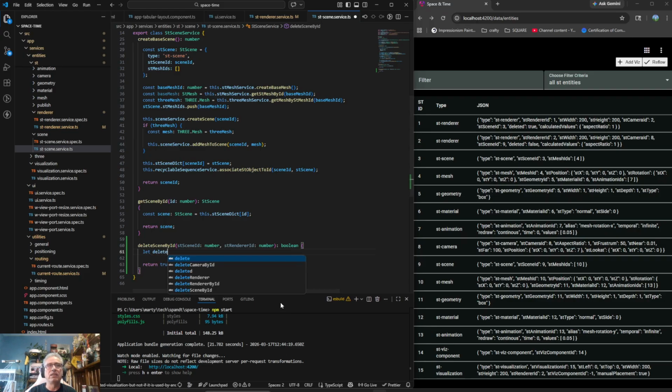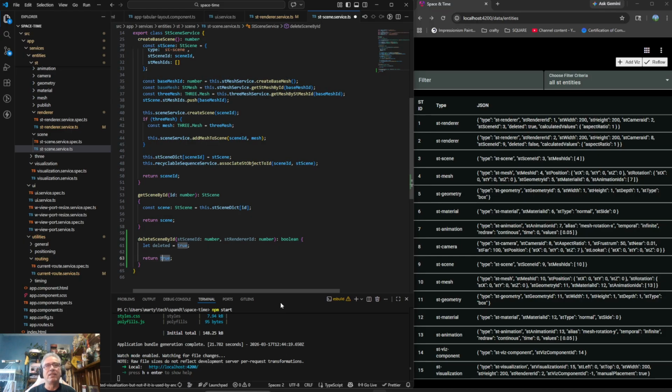Let deleted equals true. So I guess if we did go to delete it, but we found out that it's used by something else, we return a false, which then makes unit testing so much easier, right? Because we know, hey, in the future, we're going to be able to say, hey, if it's being used by something else, then don't. So now we need to determine if the scene is being reused